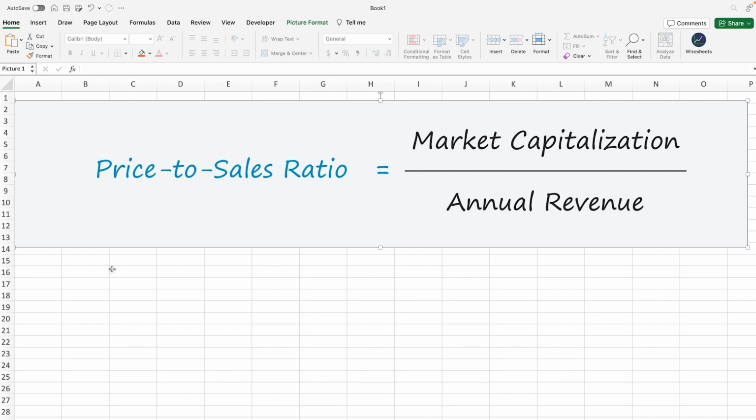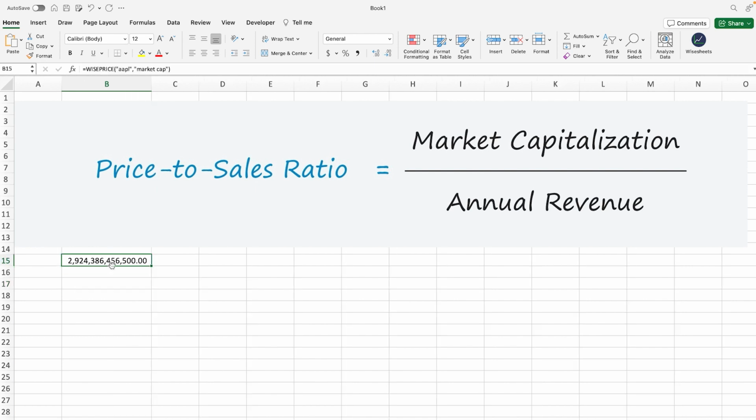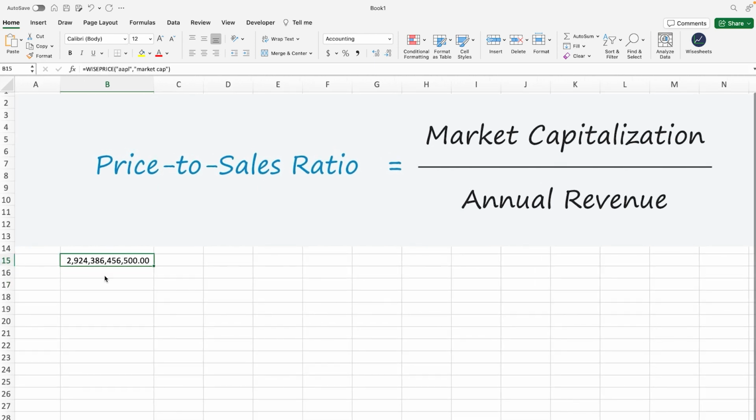To handle this, another way that we can calculate the price to sales ratio on a real-time basis is to get the real-time market capitalization of the company. For that, we're going to use the wise price function. So in this case, we are going to get the market cap of the company, and this is up to date based on the exchange information and is right up to the minute. So as you can see, this is the current market capitalization of Apple at the time that I'm recording the